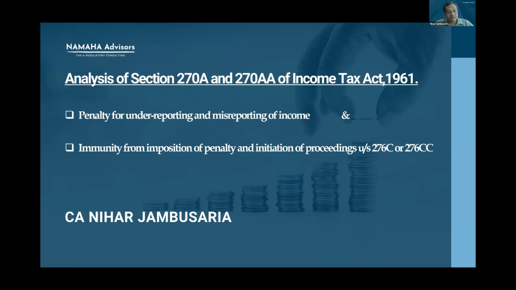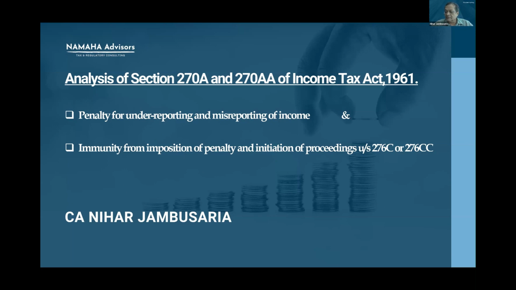Another reason is that if we look at the section 270AA dealing with immunity from imposition of penalty, this section also puts a limit on the assessee for applying for immunity for imposition of penalty with reference to the date of receipt of assessment order and not from the date of initiation of penalty proceedings.